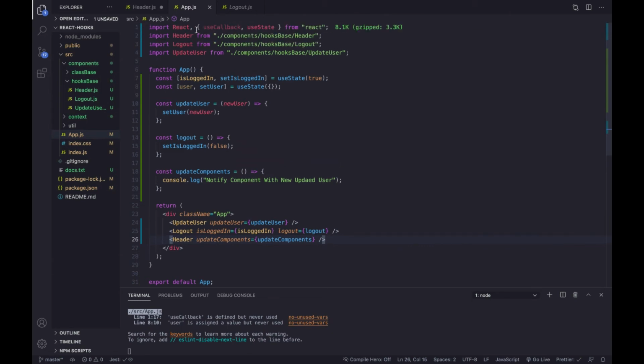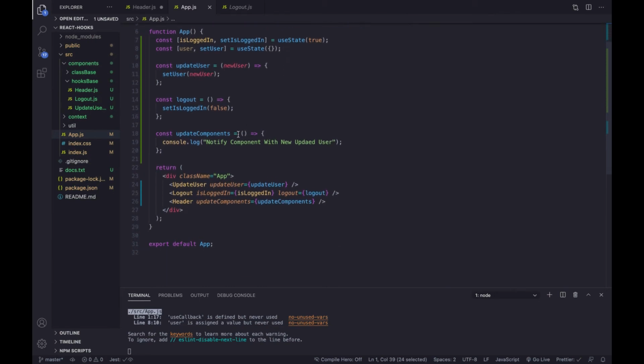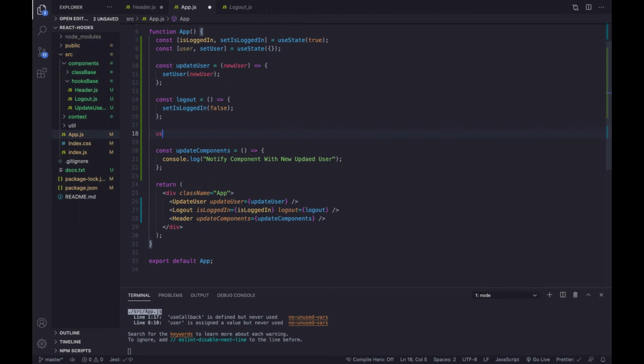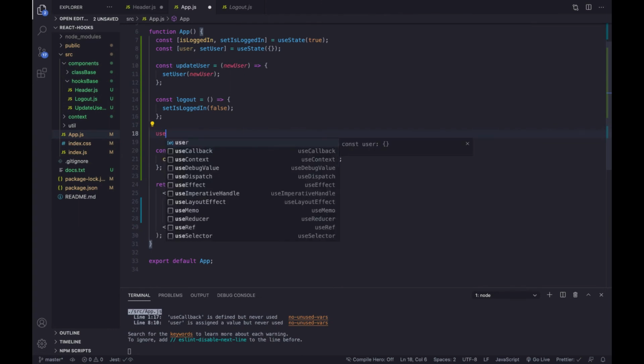The way it works, first of all, you have to import it on the top, and if you are using my code, then it's already been imported. So here I want you to surround our function, because the way that useCallback works is like this. I'm going to give it a try right here. So useCallback,